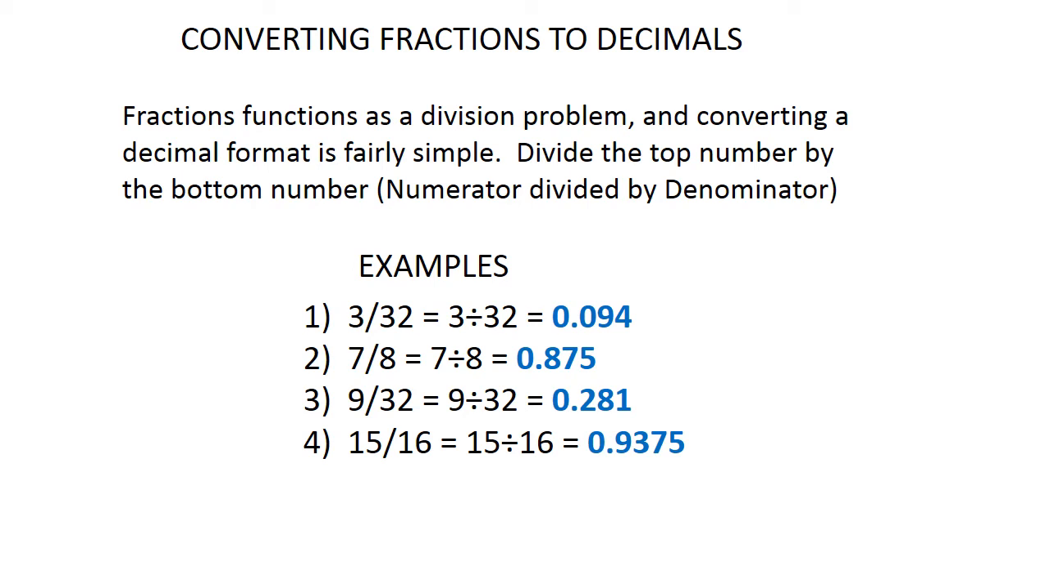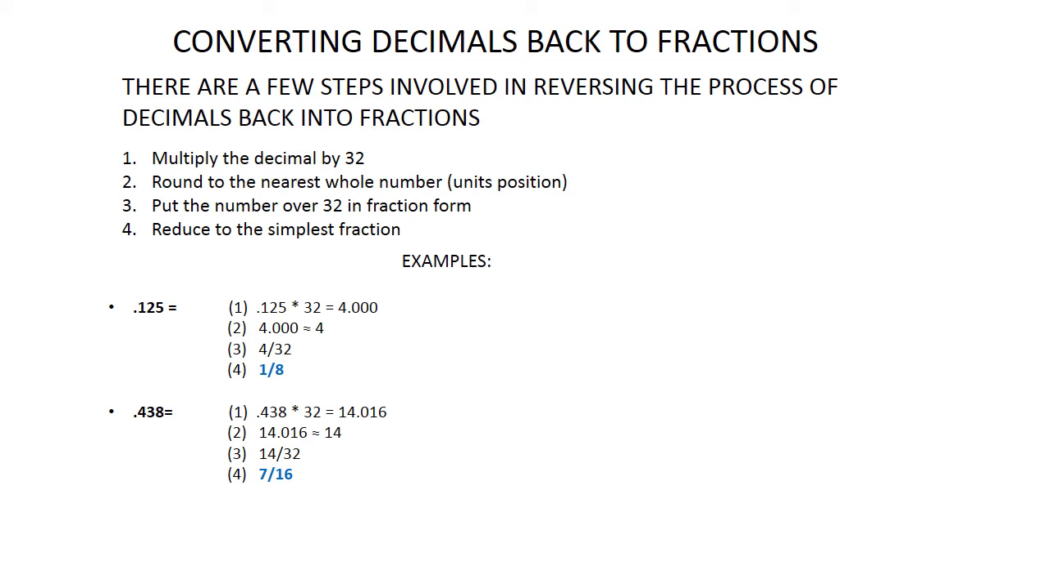Converting decimals back to fractions. There are a few more steps involved in reversing the process of decimals back to fractions. First, you multiply the decimal by 32. Then you round to the nearest whole number, which is also referred to as the units position. Then you put the number over 32 in fraction form, reduced to the simplest fraction. Example,